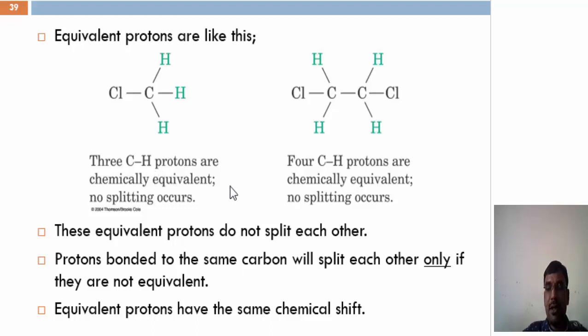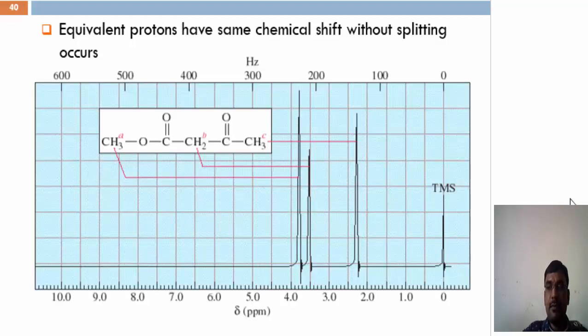Here is the same case, equivalent protons and non-equivalent protons. Here CH3 has only a single peak because nearby this CH3 there is no carbon containing protons. Same is the case with this CH3. On the left side and right side the carbon is present but does not have any protons. Same is the case with this CH3. It cannot have protons on the nearby carbon atom. That's why it is also a singlet. This is also a singlet, and this is also a singlet.